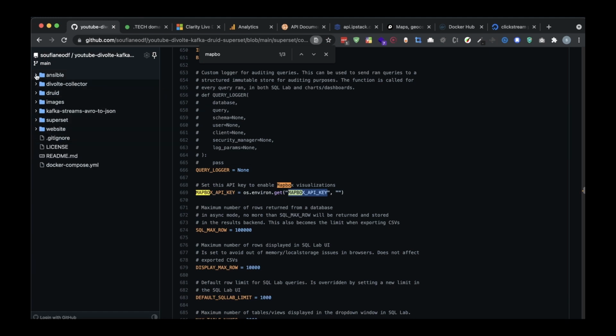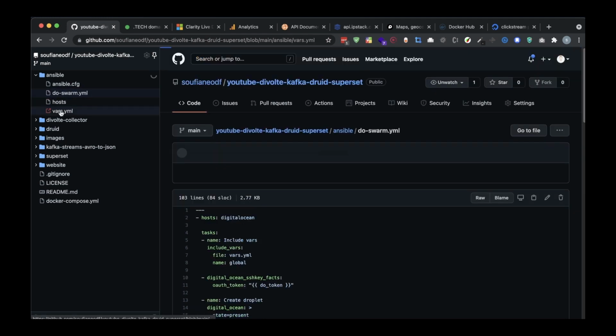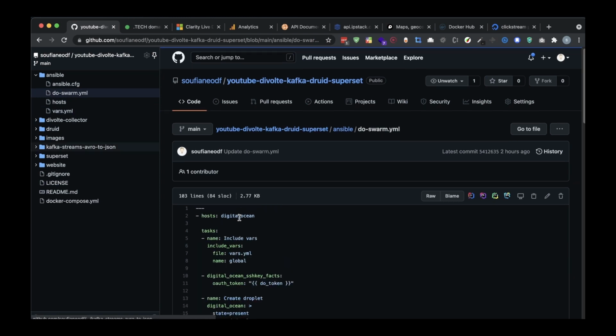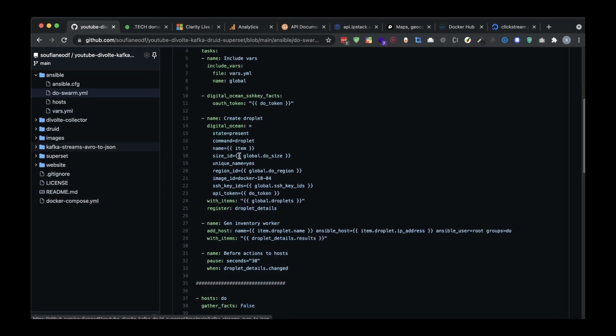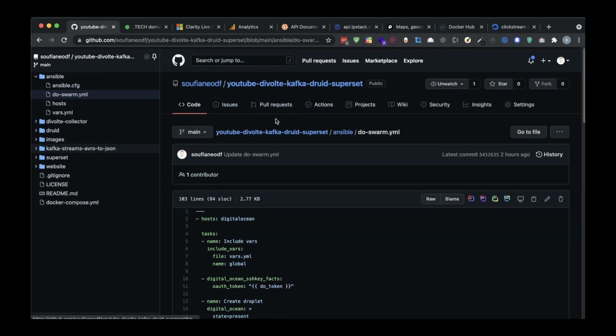And for deploying our project, I'm using Ansible, and here in the var YAML you need to include your DigitalOcean token, specify the nodes, include the region, the size, and your SSH key in DigitalOcean, and in do swarm YAML. So there are all the things that we're going to execute, which is summarized